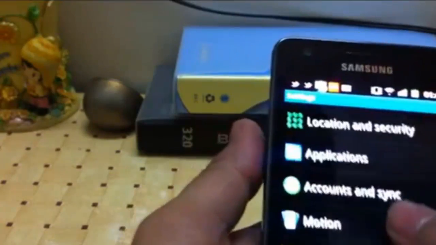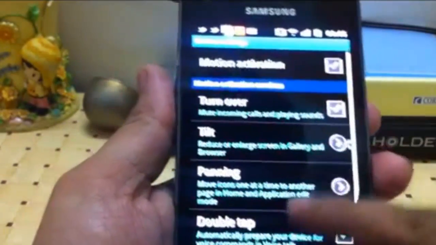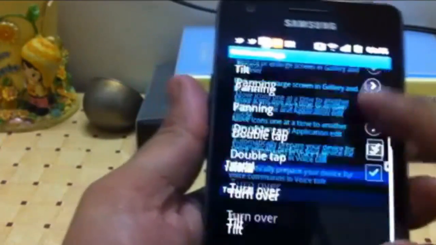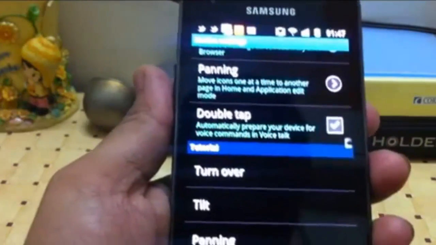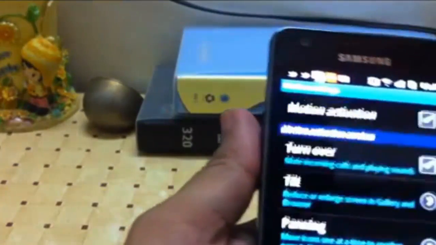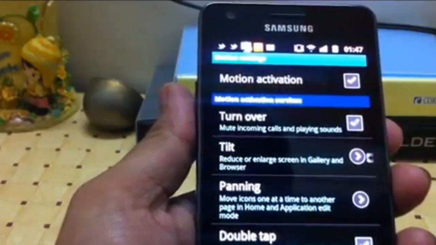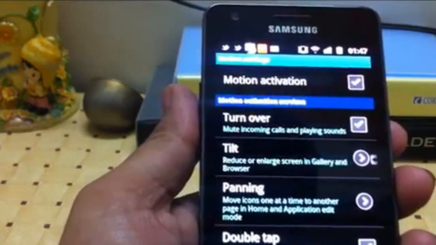Apart from this, let me go to some of the settings. This is another good thing which is there in Samsung Galaxy S2 only, the motion sensitive feature, which I just told you about in the previous video. So basically, there are 4 types of motion controls: the turnover, tilt, panning, and double tap. You can do different things with all these options, and I found all of them very easy to use, as well as the most